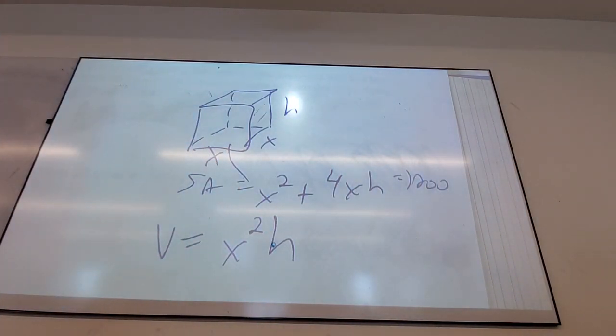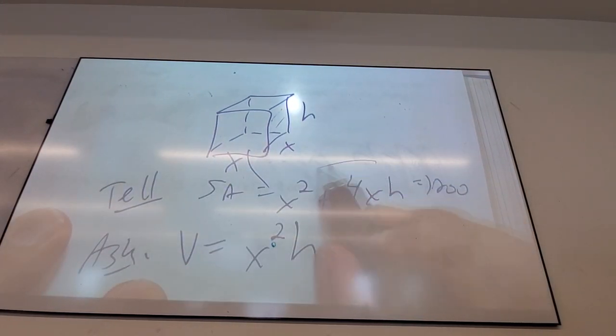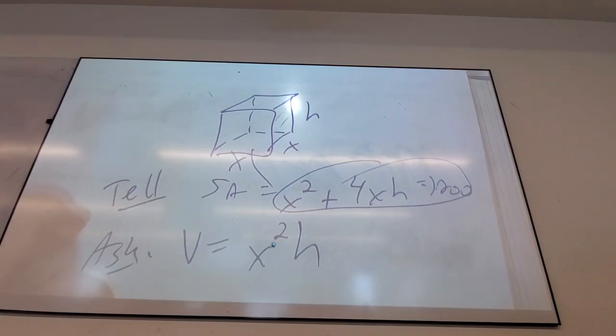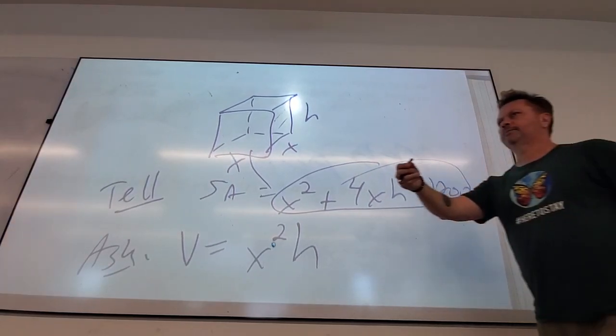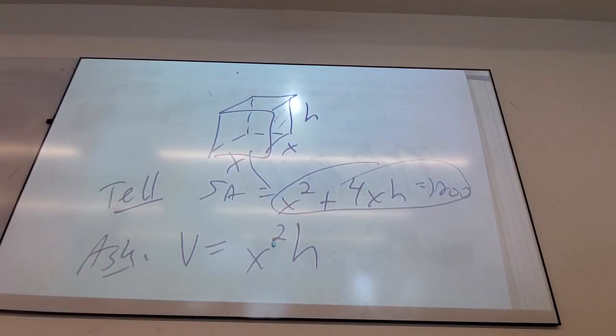Okay, so I'm supposed to attack that formula with calculus, but I can't attack that because it makes it seem like X and H can be whatever they want to be. Is that true? Can X and H be whatever they want to be? No. So we have to use what they told me in what they asked me. They tell me this, they ask me this. I'm always going to take what they tell me, solve it for a letter, and plug it in to what they ask me. It doesn't matter which letter I solve for, so I get to pick the one that's easiest.